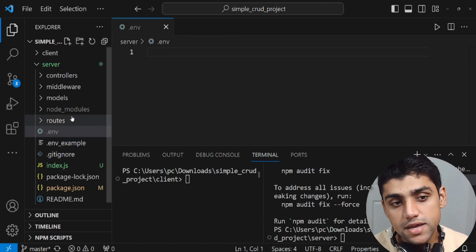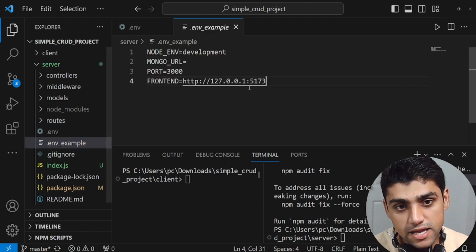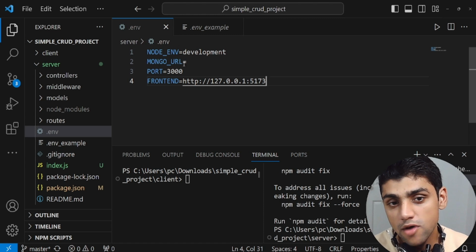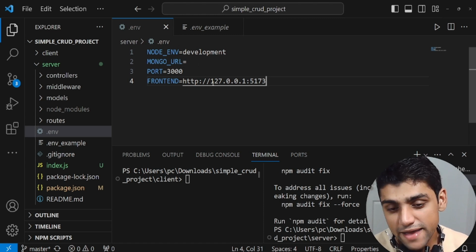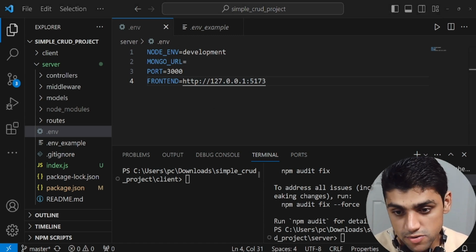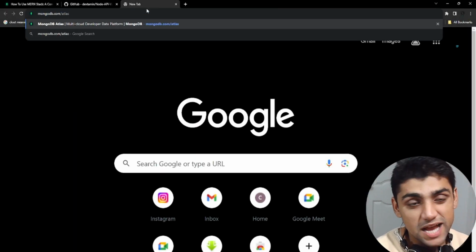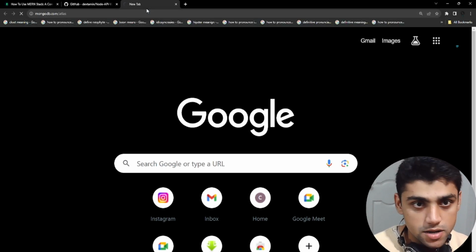Now, what we can do is in the .env, let's get the .env example, just copy this entire thing and just paste it here. Now, MongoDB URL, let's get the MongoDB URI from MongoDB. So what we're going to do is go to mongodb.com. So let's go here, mongodb.com/atlas. Now, I'm going to go here,